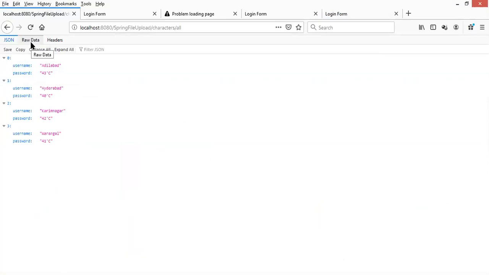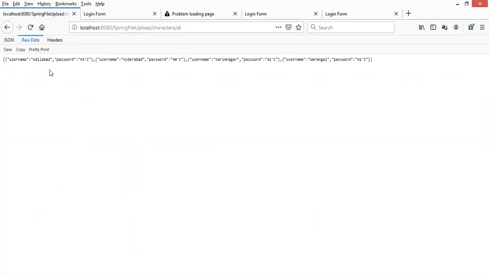Now, all of you are able to see that, I think. Single quote. Okay, that's not a problem. So this is the JSON data. Now instead of username and password, I want to make it as city and temp. So for that, what we need to do,